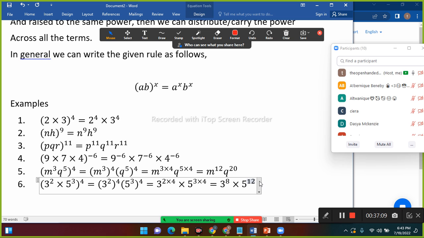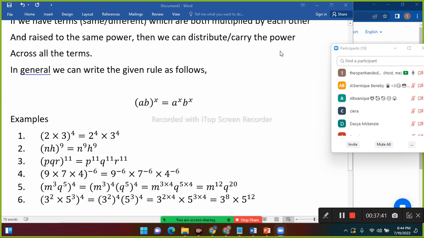Excuse me, I don't get it. You don't get it? What don't you get? I don't get how come they have a 2 times 4 and then 3 times 4 and then equal to 3 to the 8 times 5 to the power of 12. Okay, very good question. Make sure you come to class early, because if you don't, you're going to miss out. So what we were talking about before you came to class was that